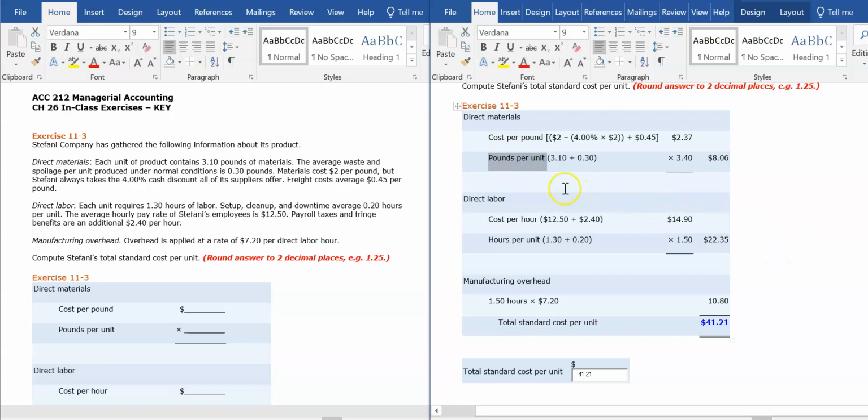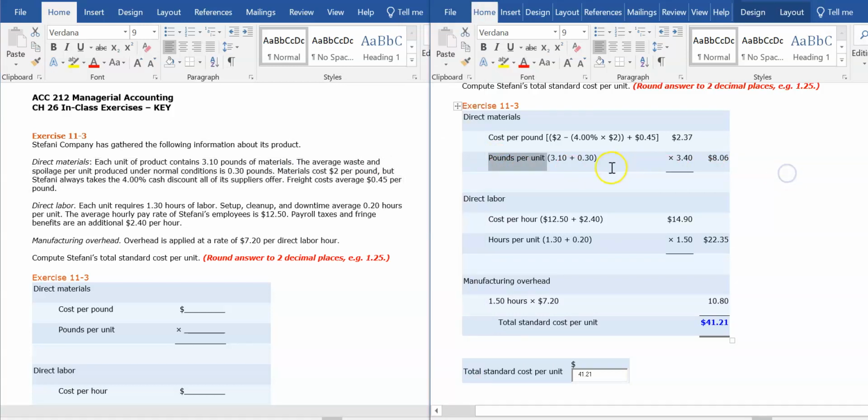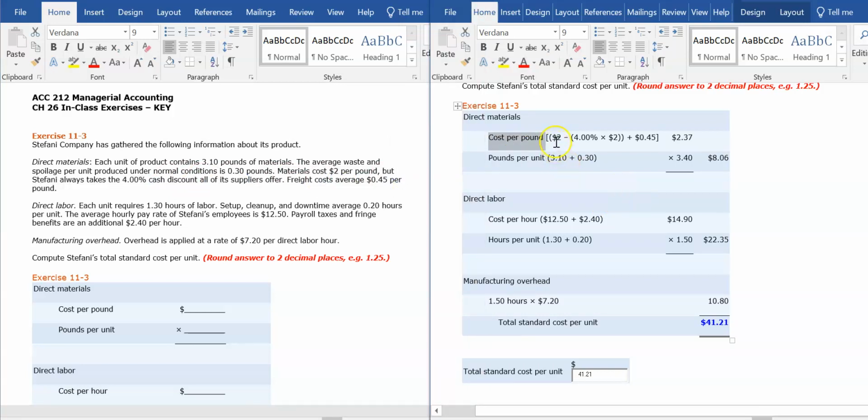This particular material is measured in pounds. So to come up with these standard costs, we're going to be looking at two different aspects: the cost and the amount of materials used. Let's first look at the cost per pound. Materials cost around $2 per pound, but a 4% cash discount is always taken from suppliers when it is offered, and an additional 45 cents per pound is incurred for the freight cost,